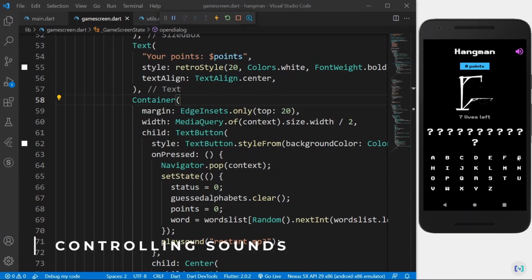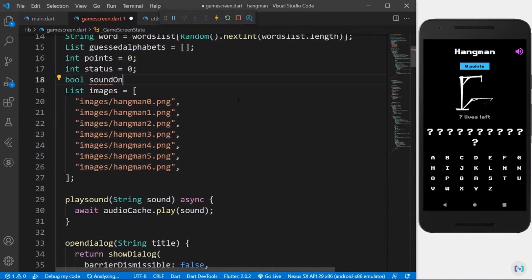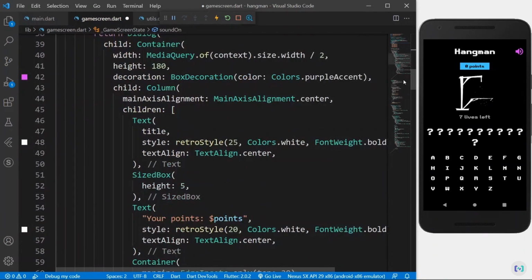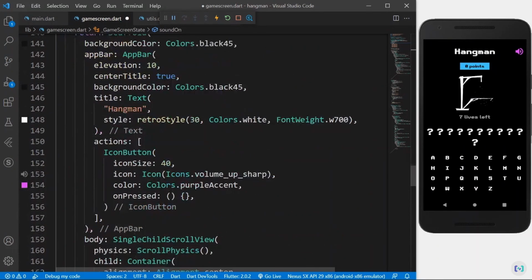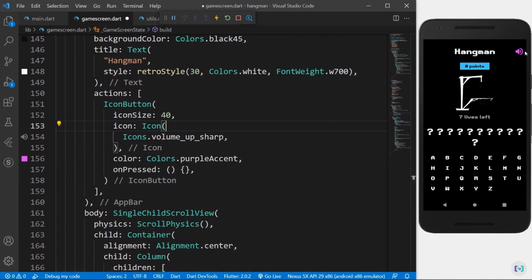Let's say the user doesn't want to hear the sounds. If we want to play the game without any sounds, here we can implement this. So we'll have a boolean variable named soundOn, and the default is going to be true. So by default, he will have sounds, but he can just disable it. So in the app bar, on pressed, for the icon, what I can say is, if the soundOn variable is true, then show this